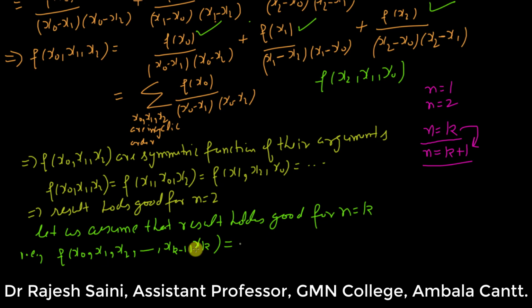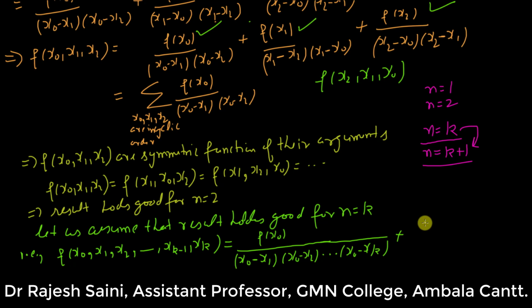sum of, starting from x naught, I am writing f of x naught divided by x naught minus, leaving the x naught minus x naught term only, because that will make it infinity. We are writing the other terms, x naught minus x1, x naught minus x2, and the last term x naught minus xk. Fine. Now the next term, f of x1